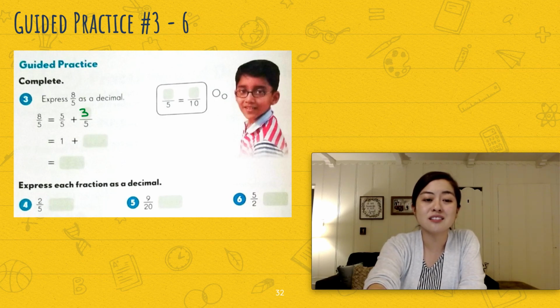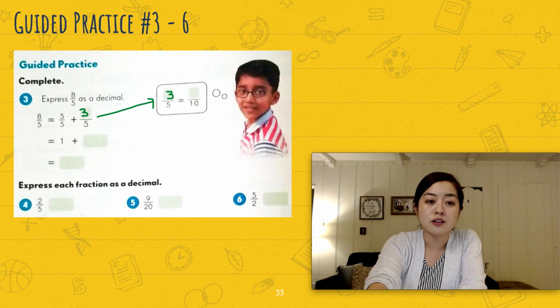Now let's look at 3/5 more carefully. I'm going to change 3/5 into a decimal because I see 5/5 is 1 whole, right? But I want 3/5 as a decimal. So how do I do that? Well,